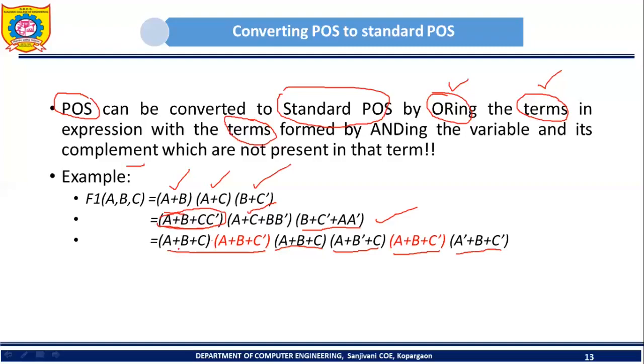So see, A plus B plus C, whether it is coming again, no. But if I consider this term, A plus B plus C bar, it is coming two times. Here also I am having this term, and here also I can see the same term. So what we have to do? We have to replace these two terms by a single term, because what Boolean algebra says, A dot A is equal to A, right? So this term dot this term will be this single term. So it is not necessary to write it two times.